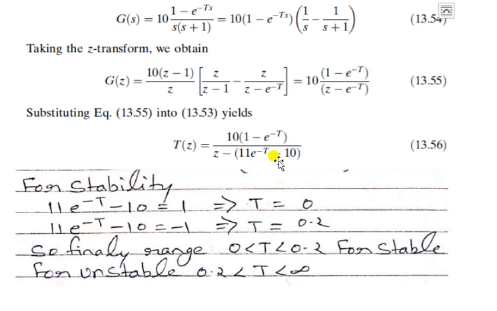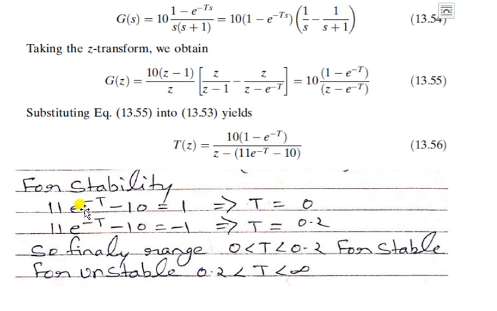For a stable system, your poles must be between plus 1 and minus 1. So this is the value which must be between plus 1 and minus 1. So we are using the values plus 1 and minus 1 to solve this factor. For stability, say this factor is equal to 1, and to solve this, you can take this minus 10 value to the right hand side.